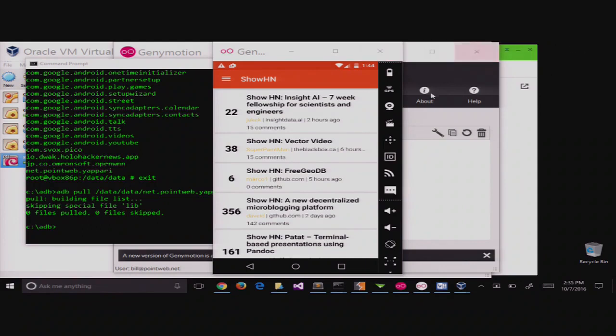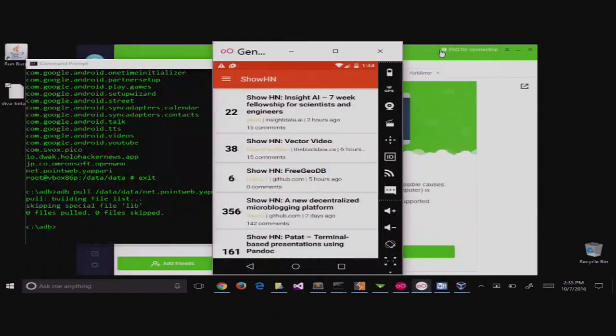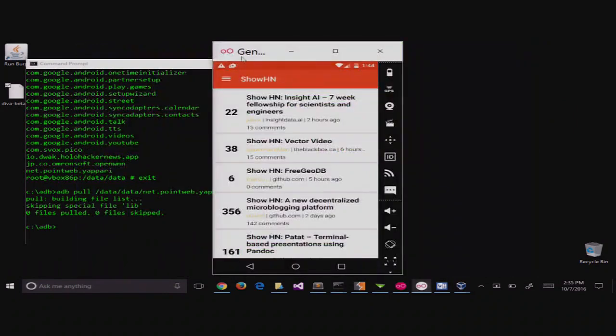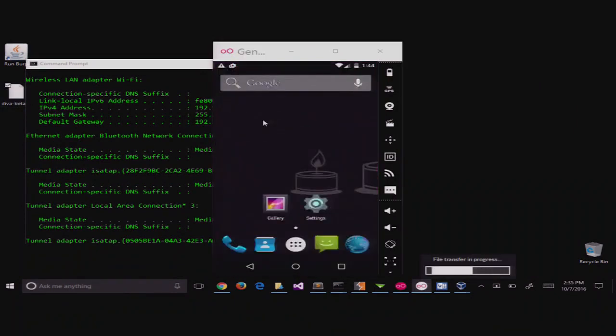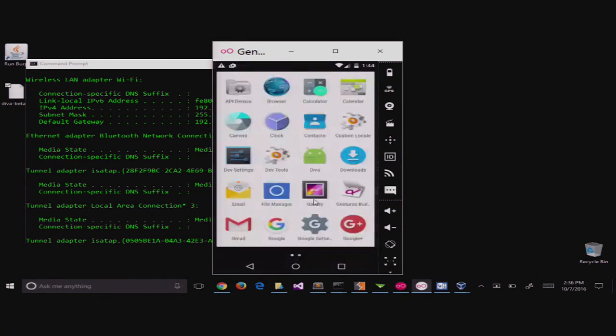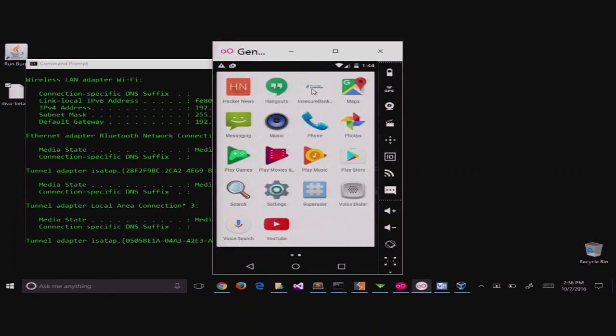All you need to do is download the application and then drag it to the phone, and it will just install. And that's it, and install the app. Where is it? Insecure Bank, right here. So that's something super simple that Genymotion gives you for free. And that's how you get the APK and how you put the APK on your device.